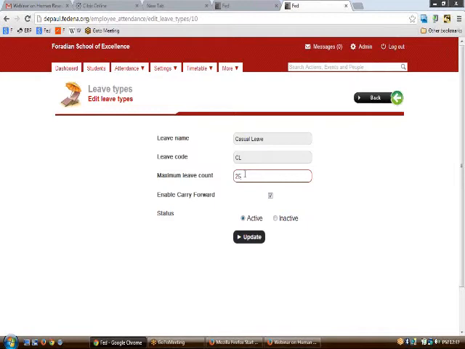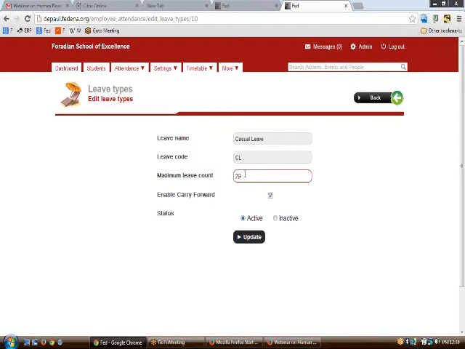Moreover, the period for which this casual leave can be activated can be monitored in the reset settings. So let us say that if you have casual leave of 25 per year, then you can select the period as 12 months in the leave reset settings and have maximum leave count as 25 for the time being.